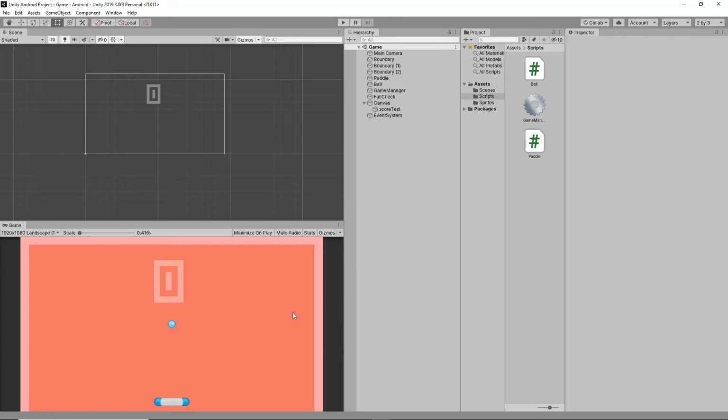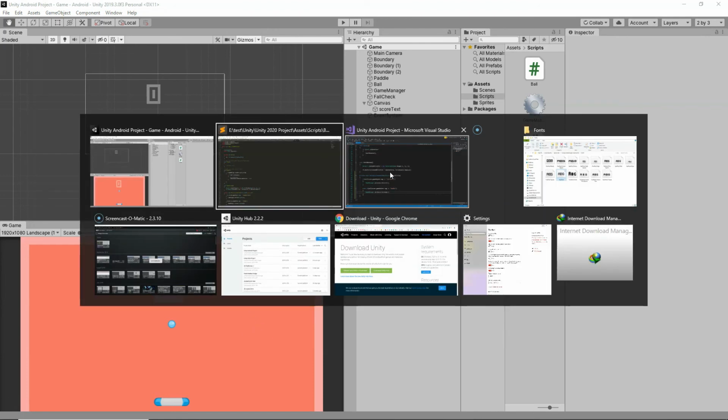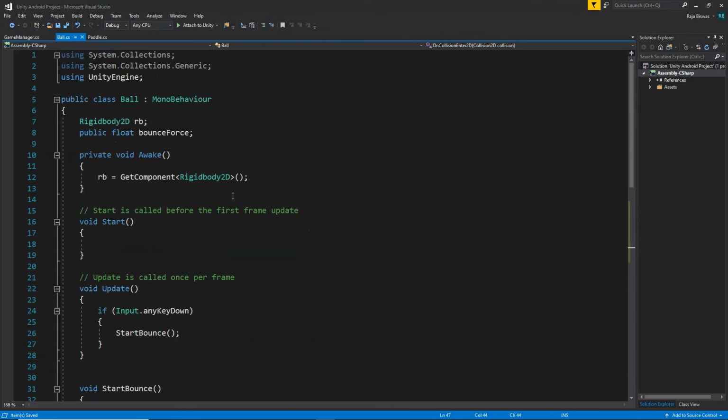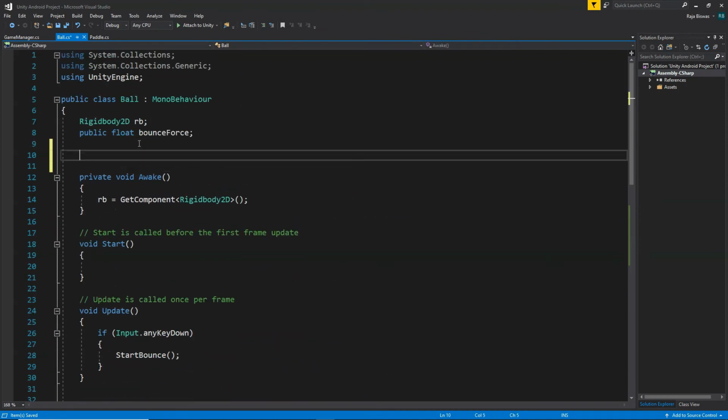Now we need to find a way so that our ball gets bounced only once when the game starts, and then no matter what key we press, it should not bounce again. To do that, we're going to go back to our script. We're going to go to this ball script, and here we're going to create a new variable. We're going to call it